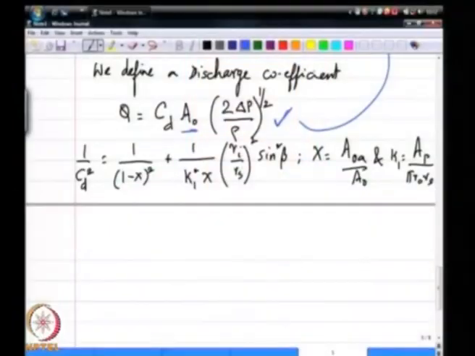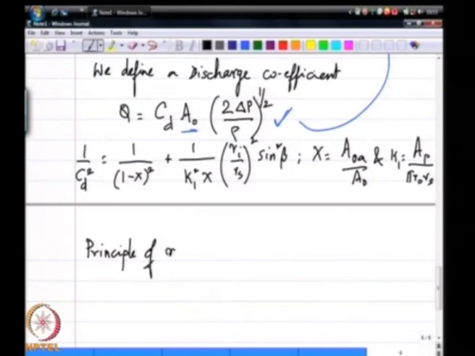Apart from of course Ri over Rs and sin beta, these are all also design variables, degrees of freedom that are available to us, and we have only one expression. So, herein comes a simple principle that is often invoked to fix the value of X. Okay, this is called the principle of maximum